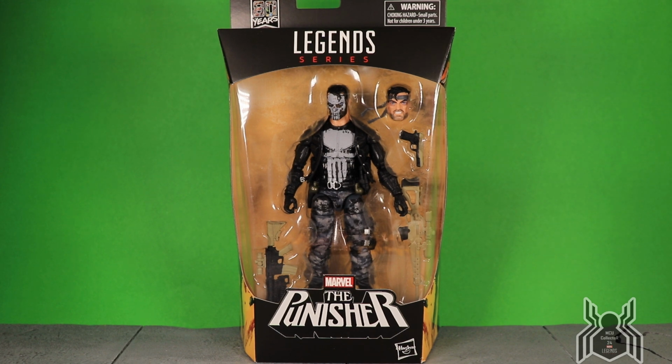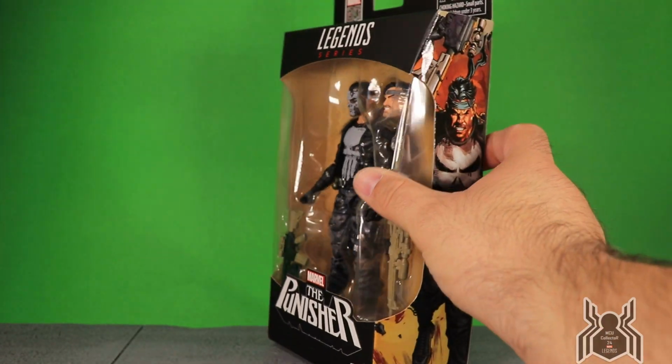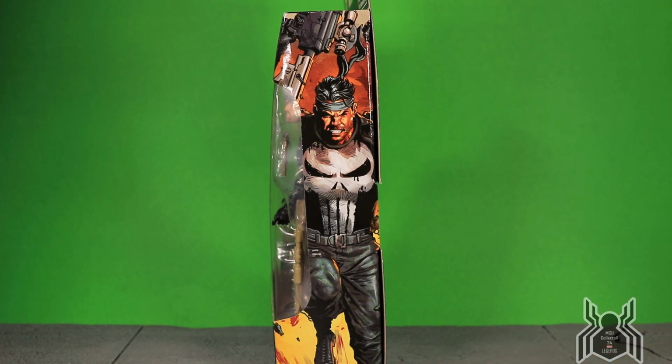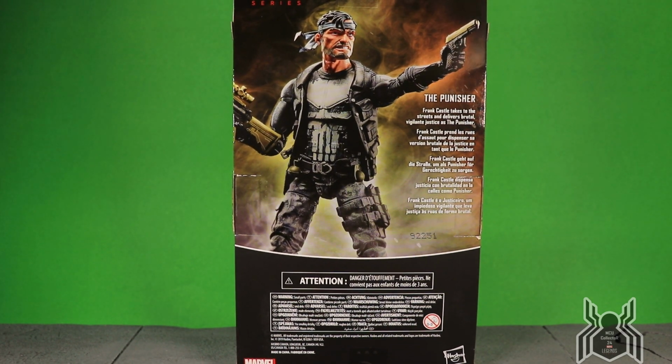But here he is, awesome looking package. We have the Punisher logo there. Up at the top we do get the skull logo. We have the Marvel 80 years logo on the side there. Awesome artwork on the side. I really love the way that came out, and it looks absolutely great. Here on the back of the package we get a look at the figure, and we have a brief bio,